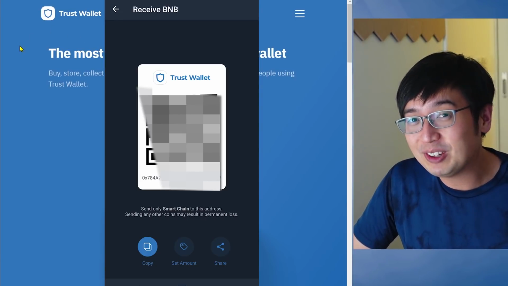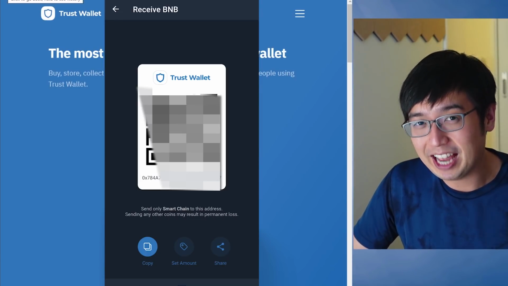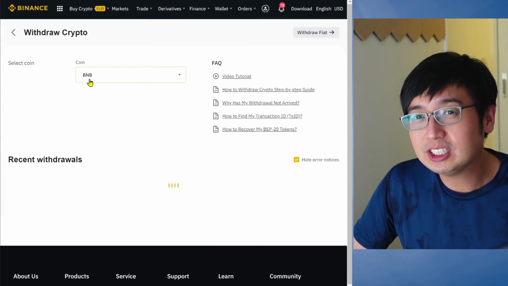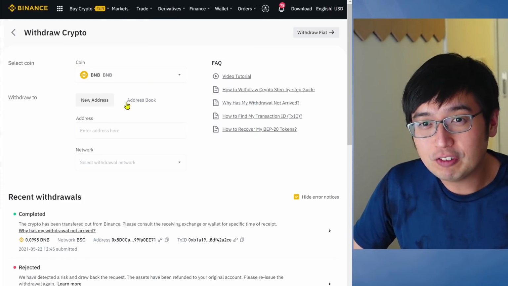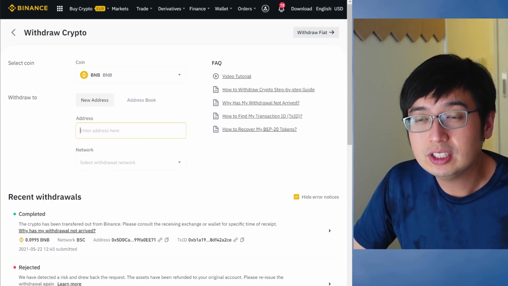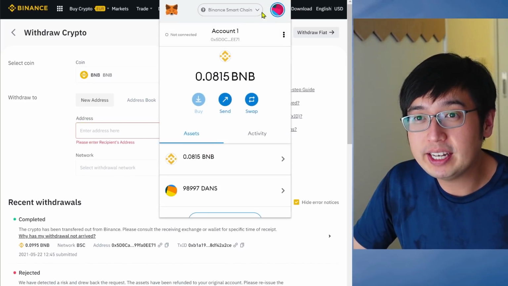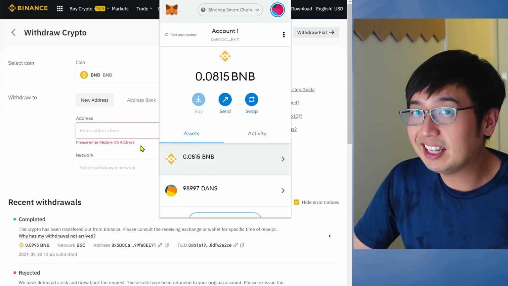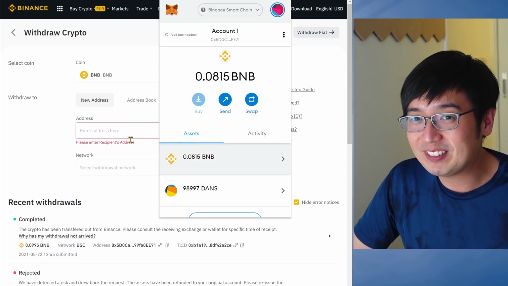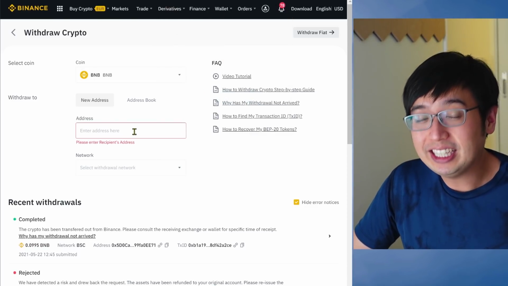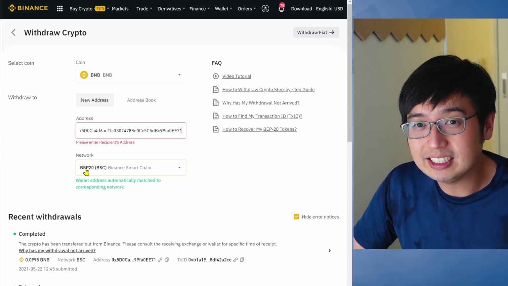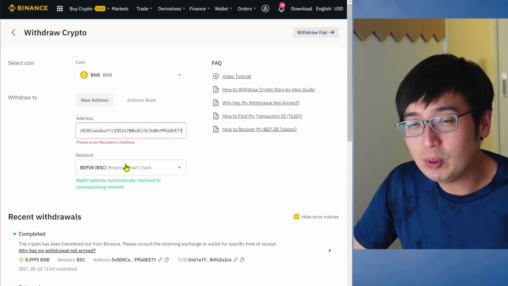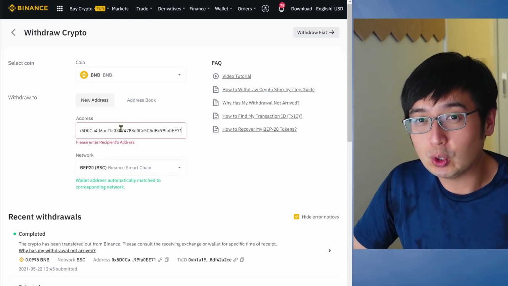After you have downloaded Trust Wallet, get a Binance Smart Chain address. Not your BNB address, your Binance Smart Chain address. A Binance Smart Chain address starts with 0x. So for me, I have MetaMask set up right now, and I'm going to copy my Binance Smart Chain address. You can also set one up with MetaMask as well. And that's something we're going to be doing right after this. So get your address, paste it in there. That's a 0x address, that's a BEP20, and then you withdraw that to your wallet.